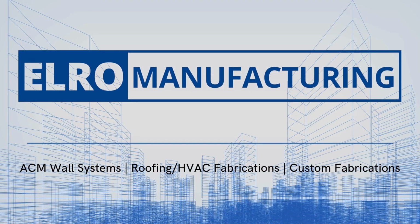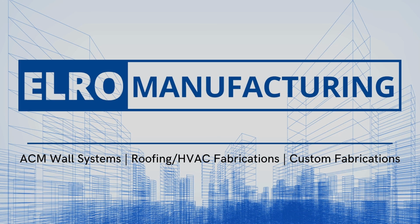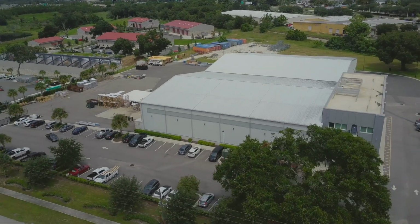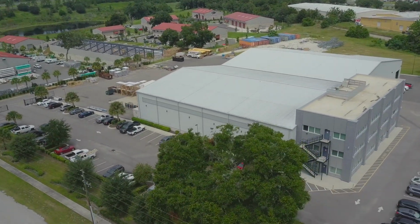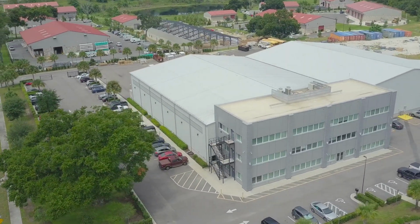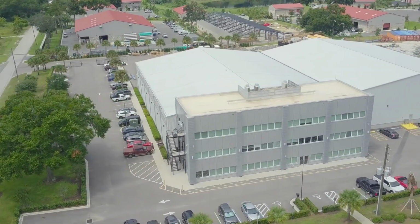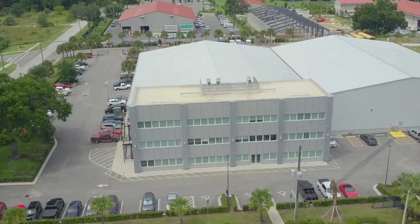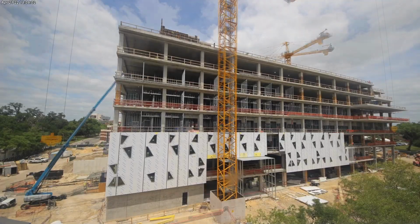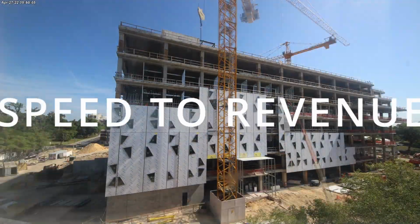Elro Manufacturing, Central Florida's premier manufacturer of prefabricated exterior facades and building kits. Our growing Central Florida location is geographically and strategically positioned to deliver the highest quality prefabricated goods from a singular source. Allow us this time to take you on a visual journey to demonstrate how prefabrication can encourage speed to